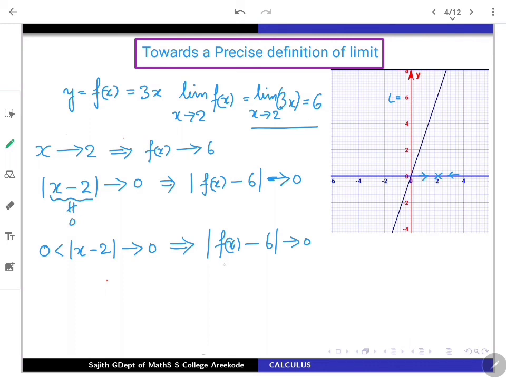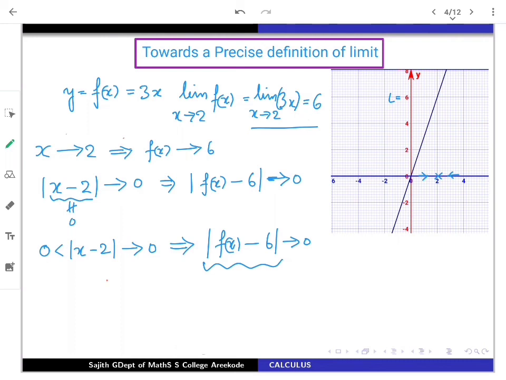So how to make it more precise? This is just vague. Tending to 0, again tending to 0 for the functional values. So suppose you wanted to make this functional value within some tolerance. For example, if I wanted to make this f of x minus 6 to be less than 1, for example, precisely, then what should I do? If I am making it 0.1 next, then what do I have to do? Such questions will be the more precise way of answering the things.